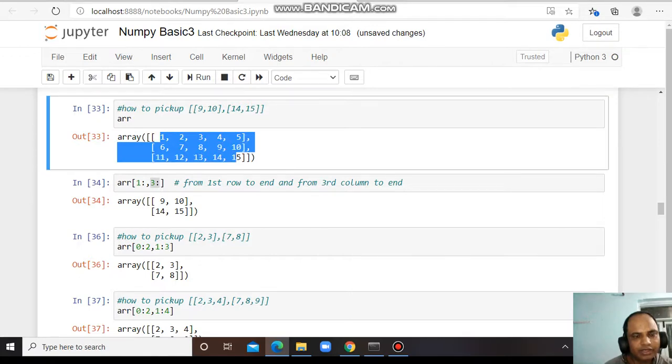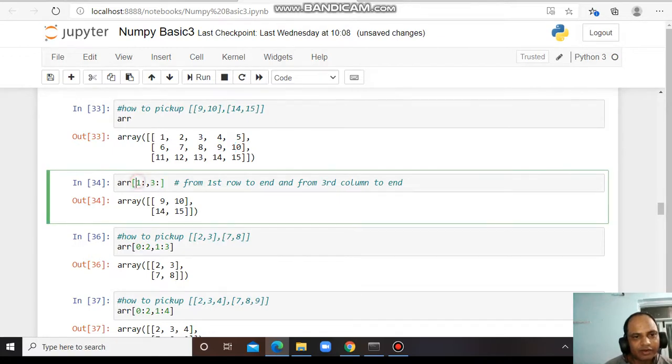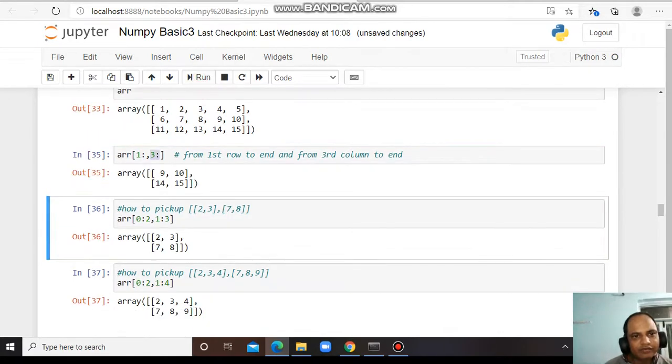I want to pick 9 10 14 15. Starting from the first index of the row and starting from the third index of the column, if I print, it will give 9 10 and 14 15.